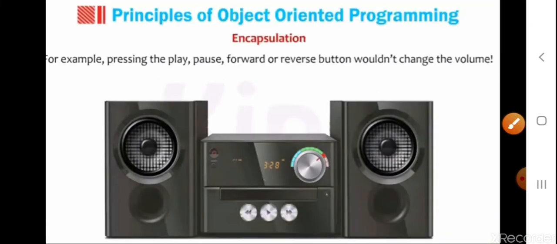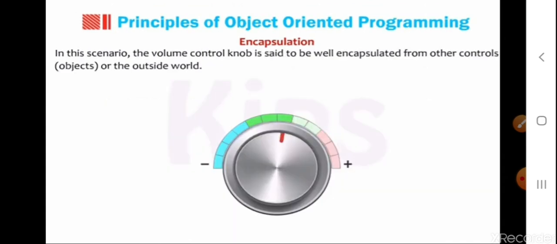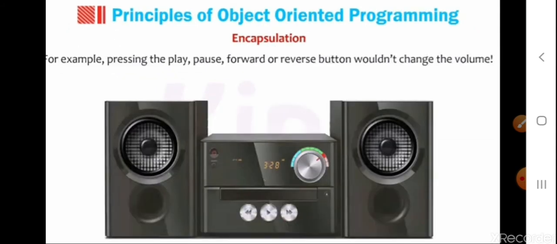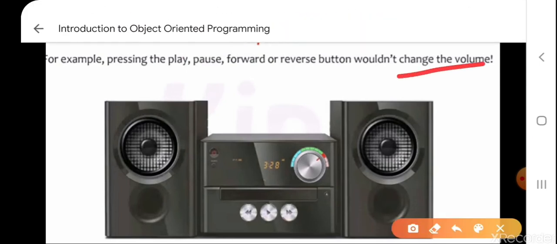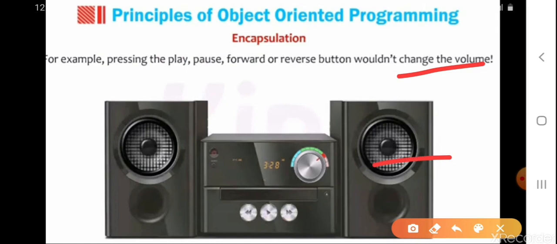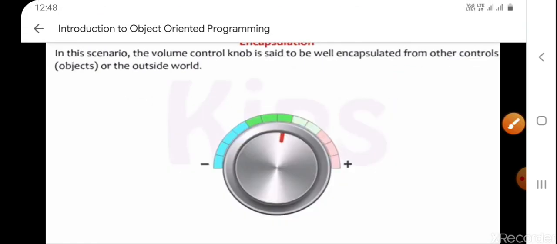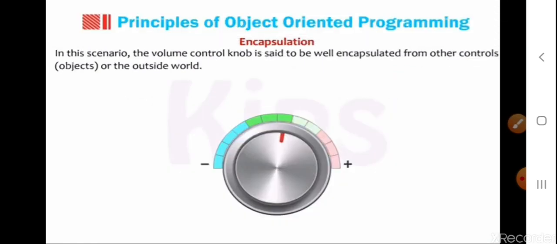If you're pressing the play button or pause button or forward button or reverse button, it won't change the volume, right? The volume can only be changed using the volume control knob. In this case the volume control knob is said to be well encapsulated from other controls and objects,